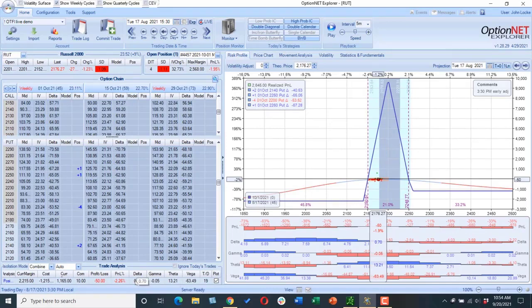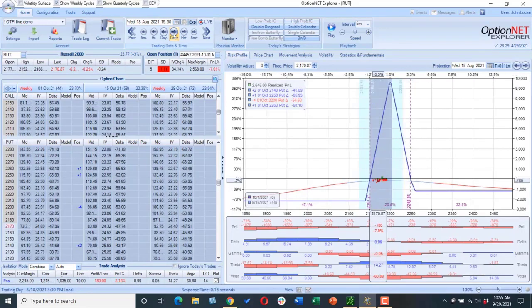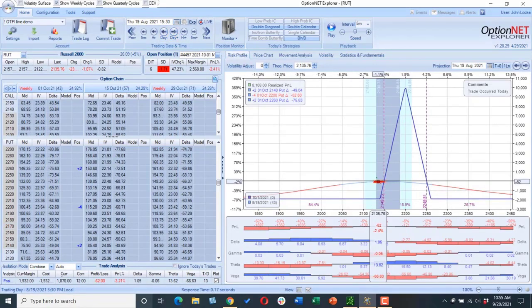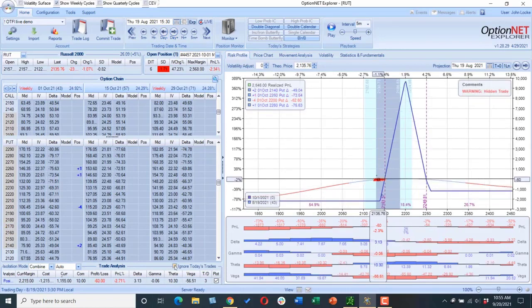Ultimately, if you're making reasonable decisions and you're doing this within a reasonable level, you're being reasonably subjective here. Sometimes you're going to be right, sometimes you're not going to be right. So if I go to the 18th here, we did get a continued down move, but not very much, only 6 points. If we go to the 19th, we got another 23 points.